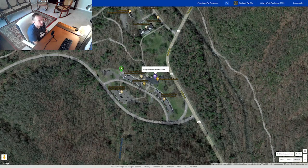Okay. The Great Smoky Mountains National Park in the national park system is the most visited, which surprised me. I didn't realize that. You would have thought Grand Canyon National Park or Yellowstone National Park, Mount Rushmore or something like that would have been the most visited. But it turns out the Great Smoky Mountains National Park has the most visitors